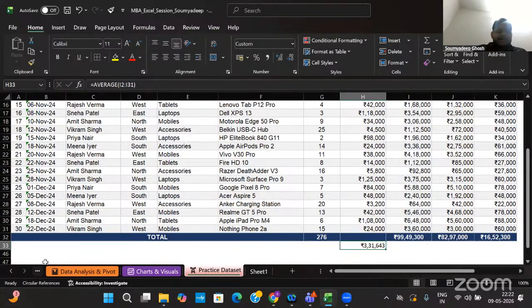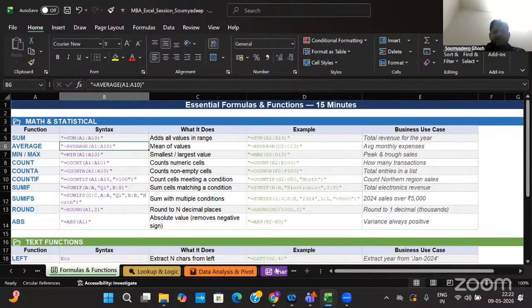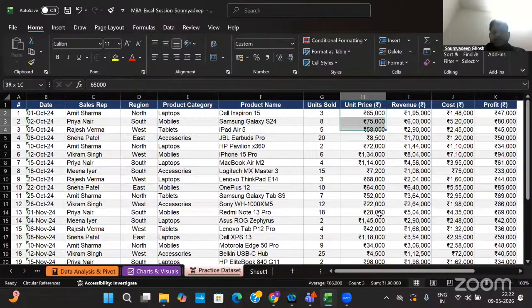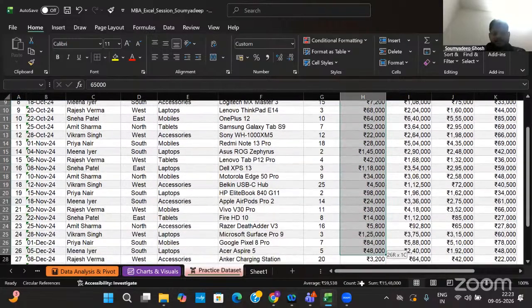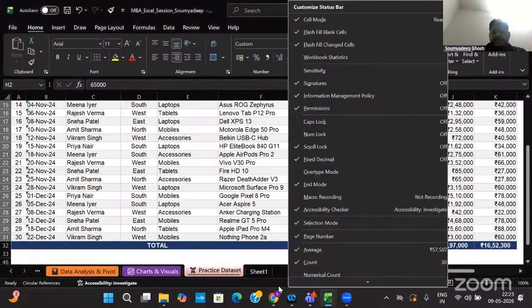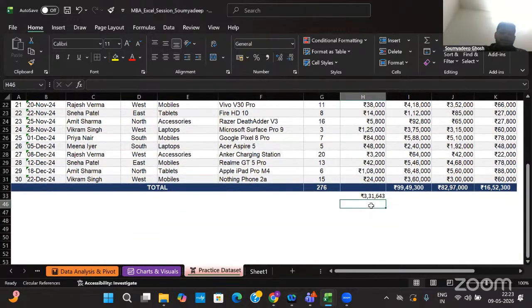Okay. Similarly, there are other formulas too for doing sum. If I just want to get the minimum unit price of this particular column, if you select it in this way, you can get average and sum over here as well, and you can also customize this to get the minimum values as well. But as we are learning more about formulas, I'll walk you through the minimum formula.